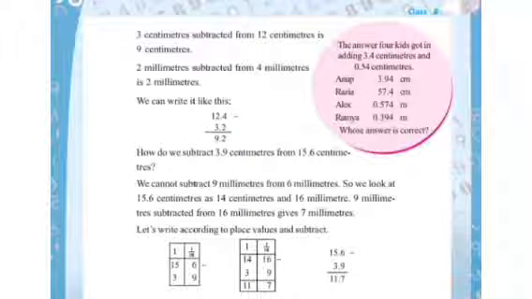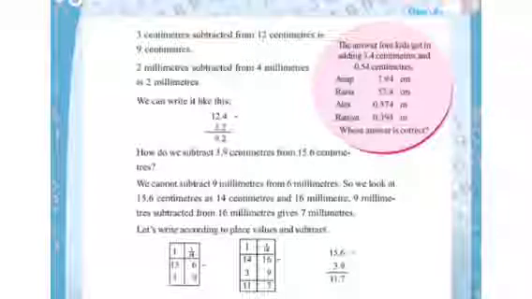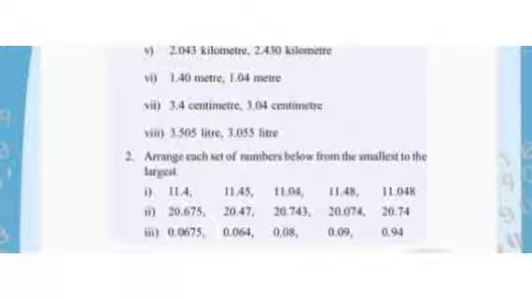Okay, based on our first problem, that is, how to find the larger and smaller one, this is your homework. Find the larger in each of the pairs given below. And the second one, arrange each set of numbers from smallest to largest. Okay, this is your homework. You can do your work in your notebook and share it with me personally. Let's see in our interaction session.